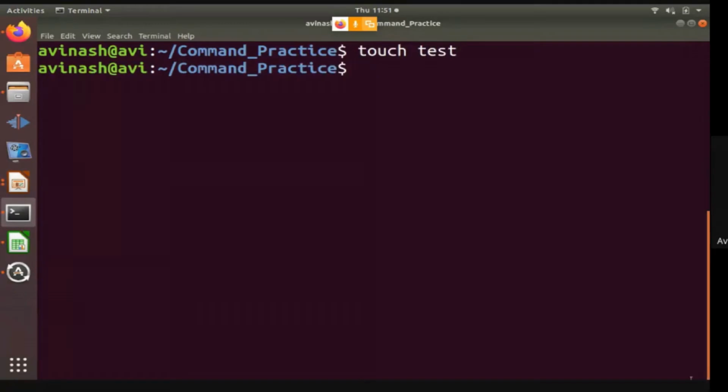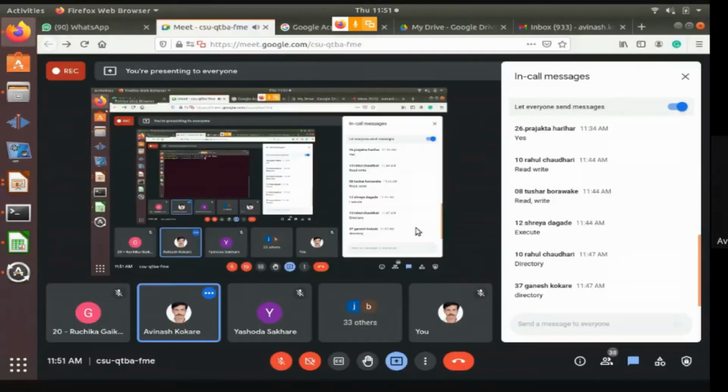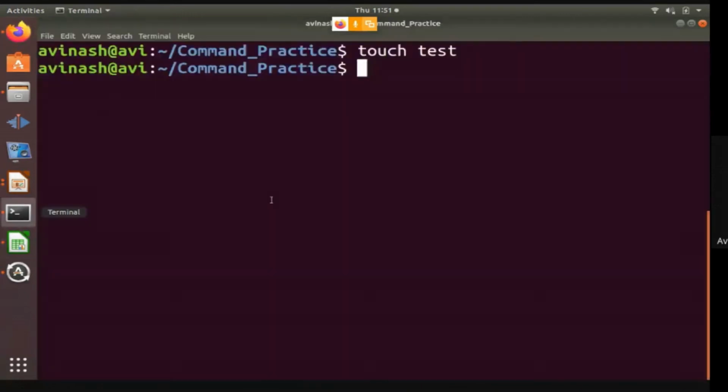Okay, now how will you check whether this file is created or not? I have created one file named test using touch command, and I want to confirm whether this file is created or not. So what should I do on the command prompt?